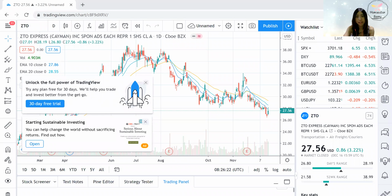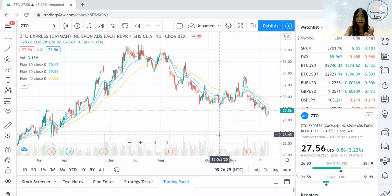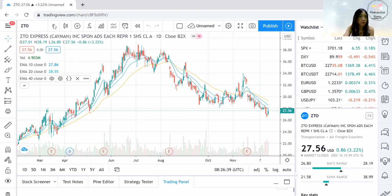Before I start, let's begin with a disclaimer that this is not a recommendation to buy or sell shares or trade in any positions, right? It's basically my trading journal, and I'm sharing what I am actually doing to place my trades. So without further ado, let us start with